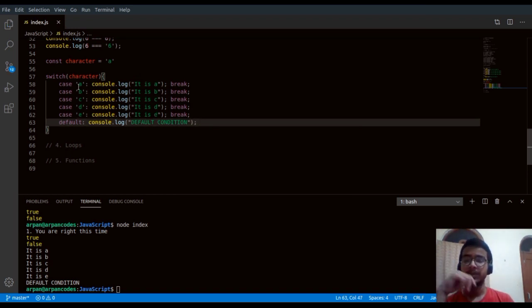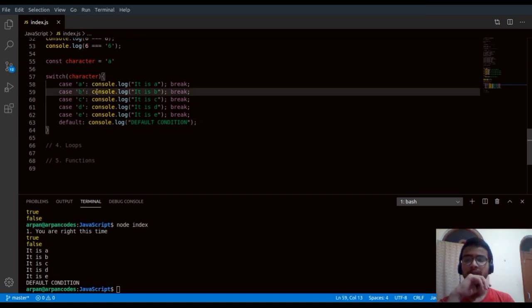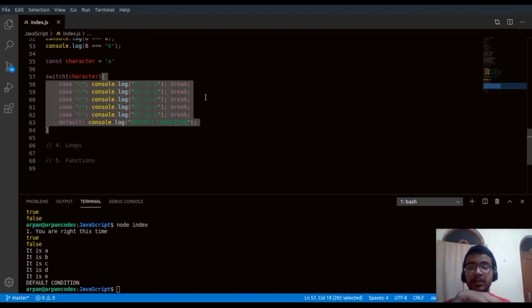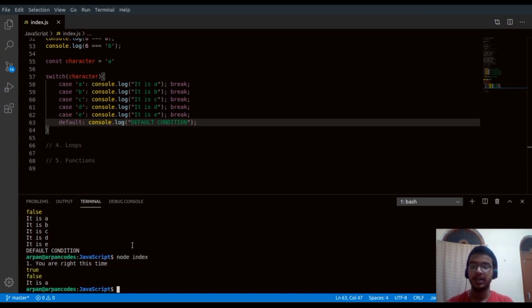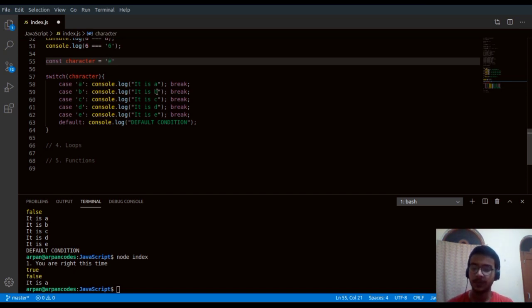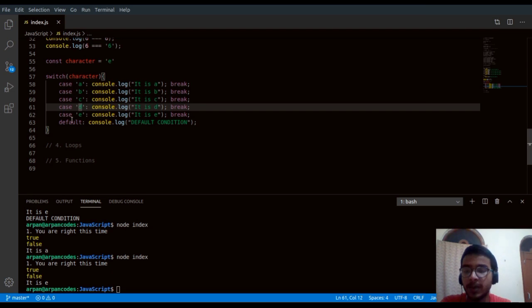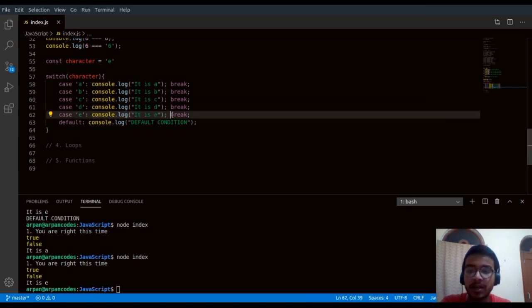Break basically means if this is true, it will go here, run this code, then run break, and break breaks the switch statement. Break will also break the loop. Basically it breaks the block. This block will not run after the break statement. Okay, let me show you. It is A. Let's change it to E, and this became false, so it went inside. B became false, C became false, D became false, E became true. It ran the statement, breaks out of the